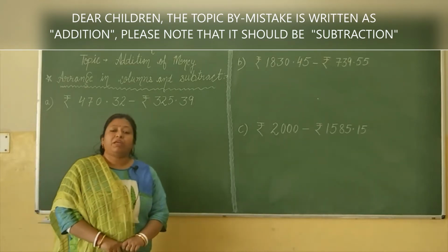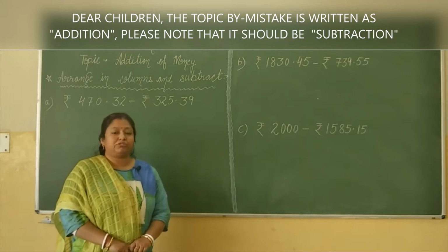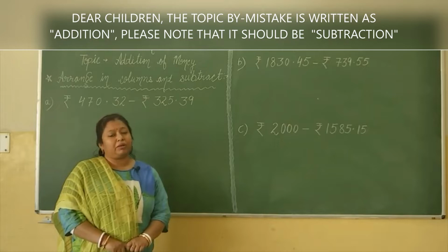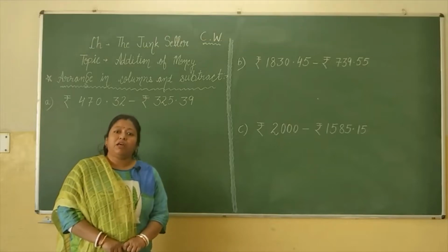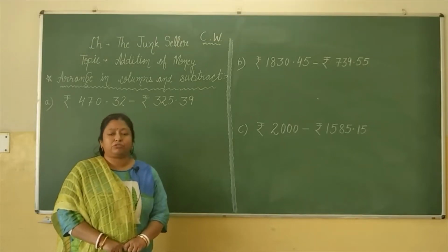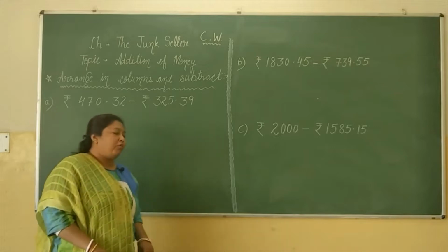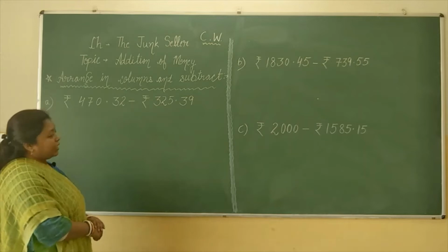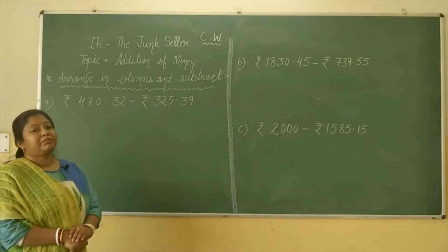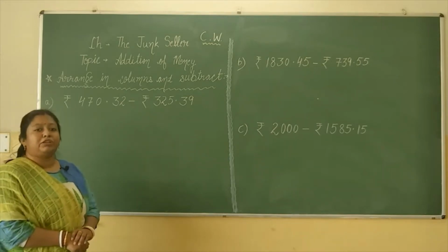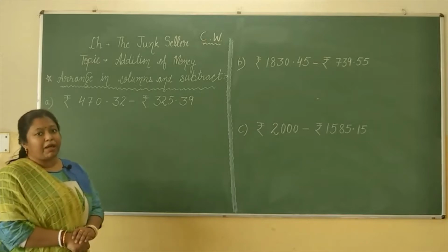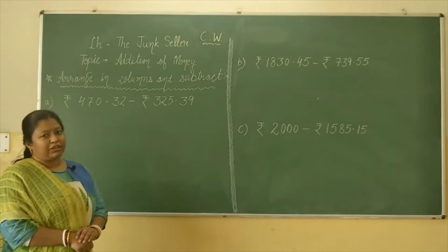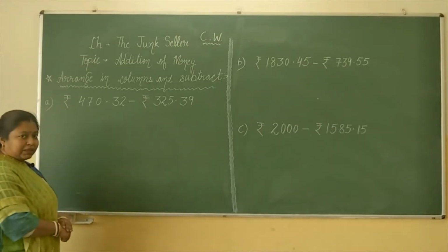Okay, dear children. So that is subtraction of money. So there you perform subtraction. And today we are going to learn about subtraction of money only, how you correctly subtract two amounts of money. Okay, dear children. So here we start with our first example. Again, I would like to repeat the most important point that you need to learn and keep in mind: the arrangement and placement of the decimal. Okay, dear children. So let's begin.